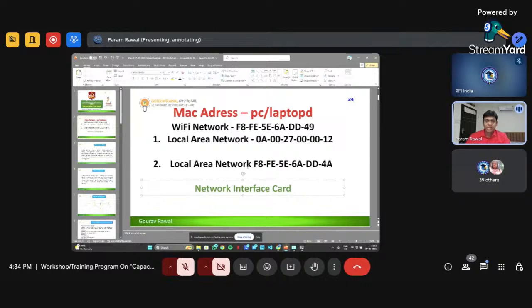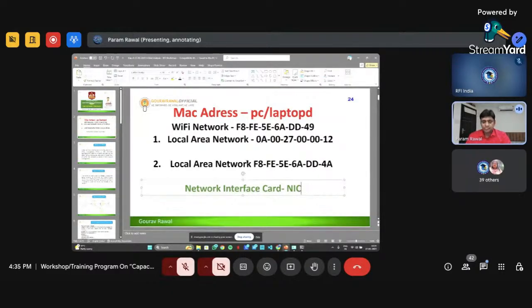So for each network interface card, we have a different physical address. So what will happen? How will it work and why is it important?